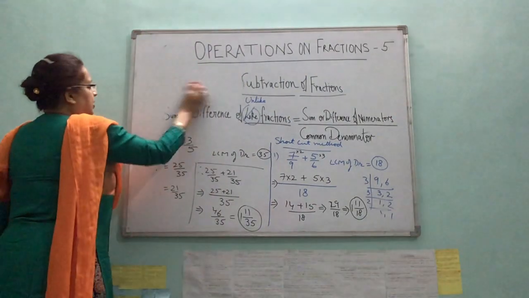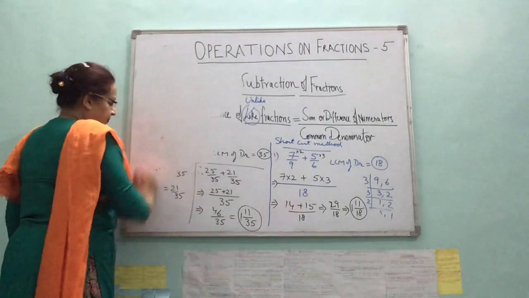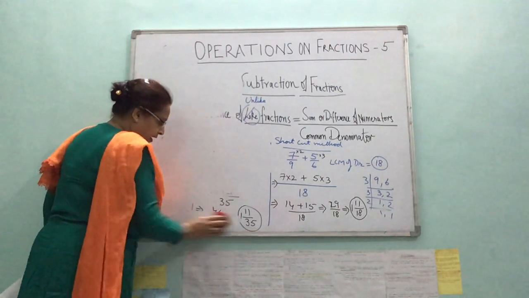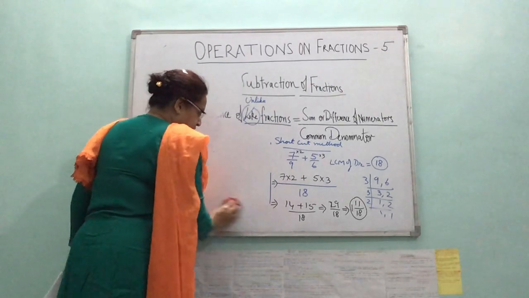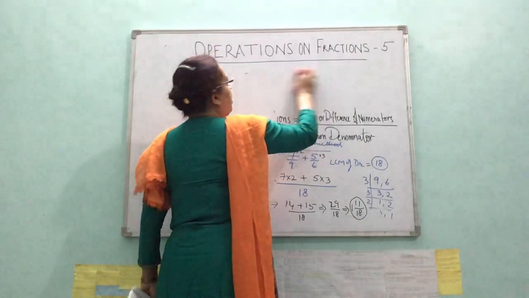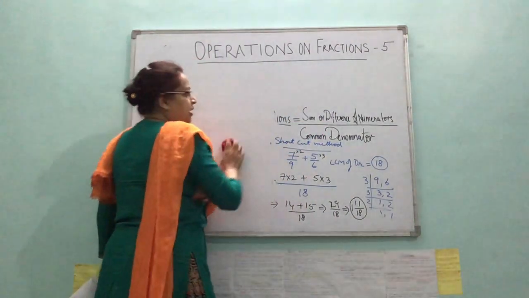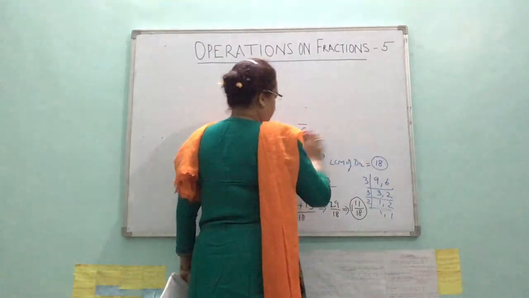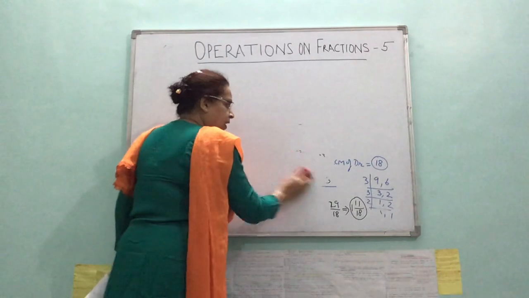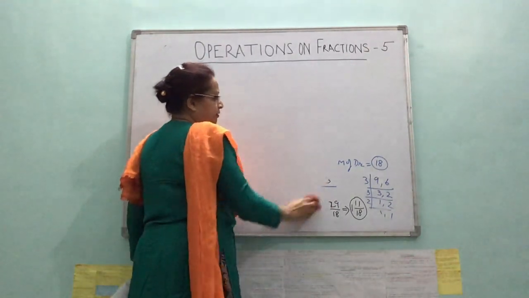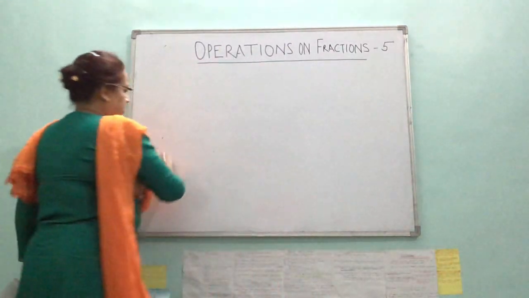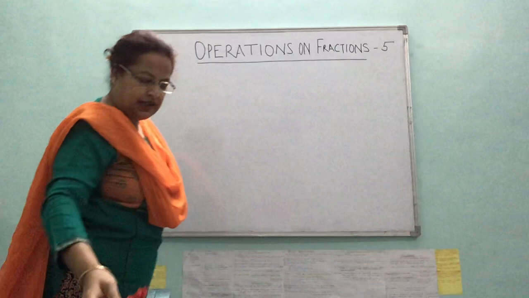So this is addition and subtraction. Now when you get a question, always check whether the fractions are like fractions or not. If they are like fractions, then the addition or subtraction can be done orally, so you can do it directly. And if they are unlike fractions, then you have to convert to like fractions. Then there is a lot of working in that.